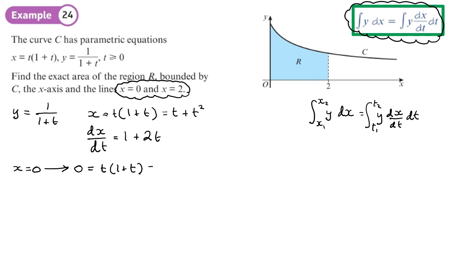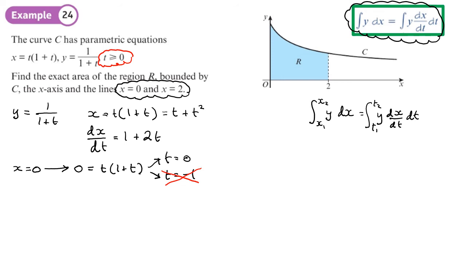Now for that to be the case, t is 0 or t is -1, but the question says up here that t is greater than or equal to 0, so we don't have that one. So when x is 0, our t limit is going to be 0,